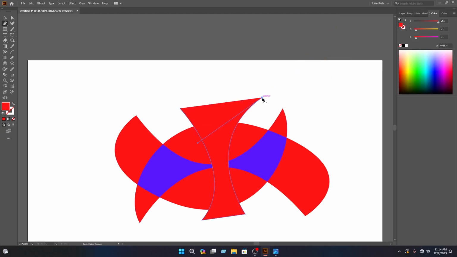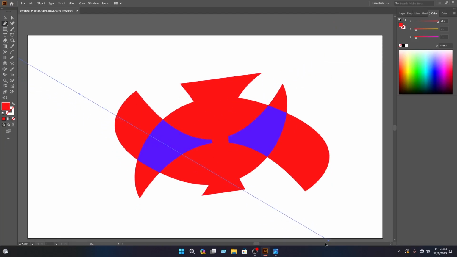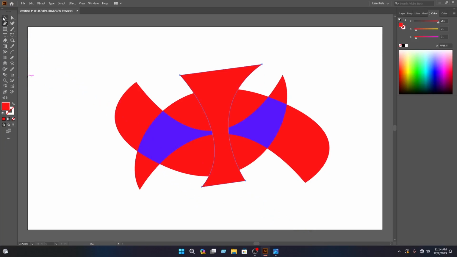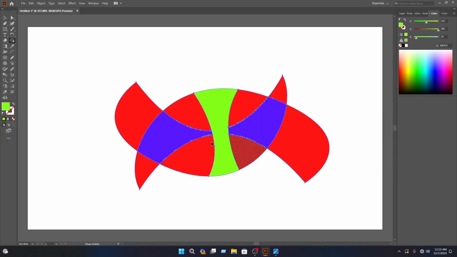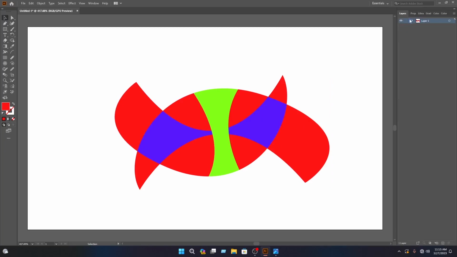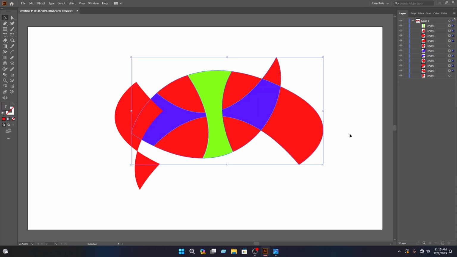then press and hold alt key, then click on the anchor point, then click on here, then select these layers, then select the shape builder tool, then press and hold alt key, then click on here, then click on here, then you have to select these layers, then click on the fill again, then select this color, then click on the OK, then select this layer, then select the move tool, then go to the layer panel, then click on here, then select these layers and drag these layers in here,